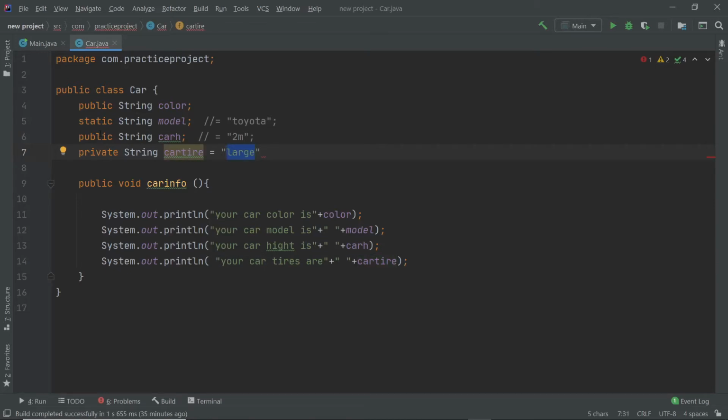You need to remember this. So we have an access modifier before. Access modifier means,